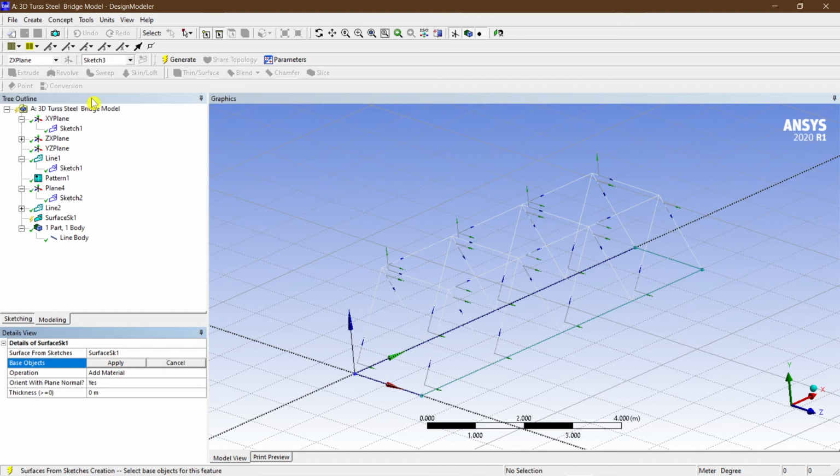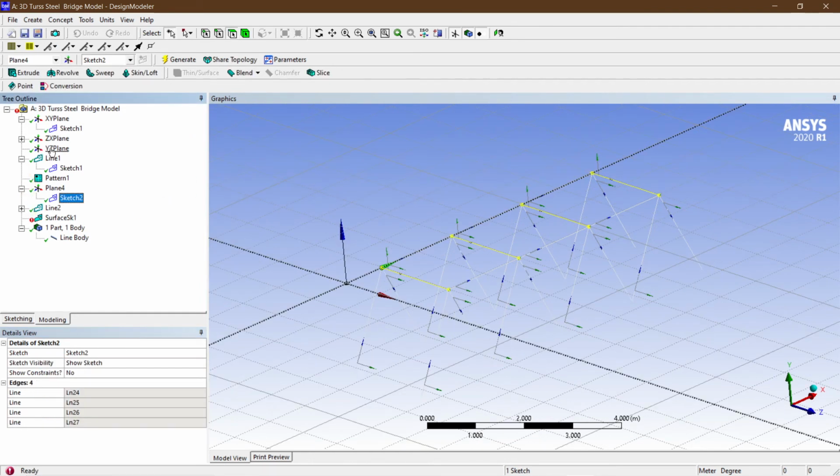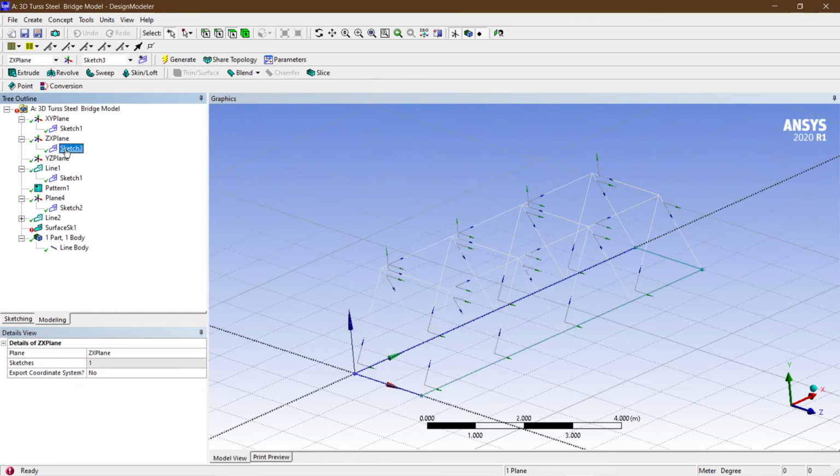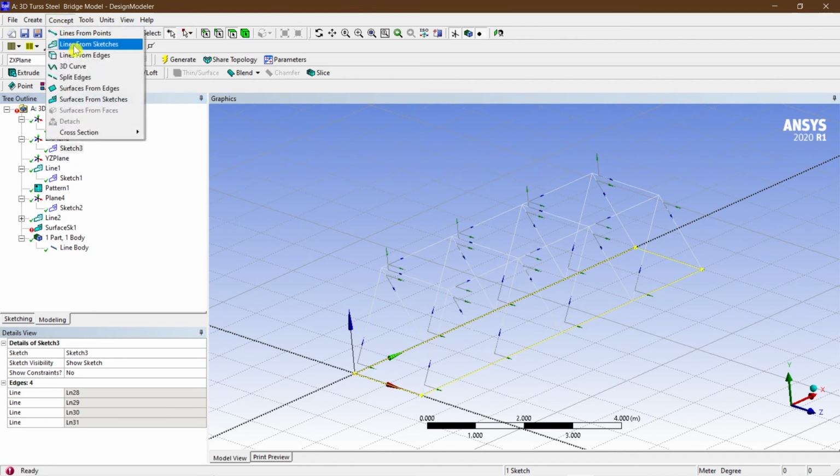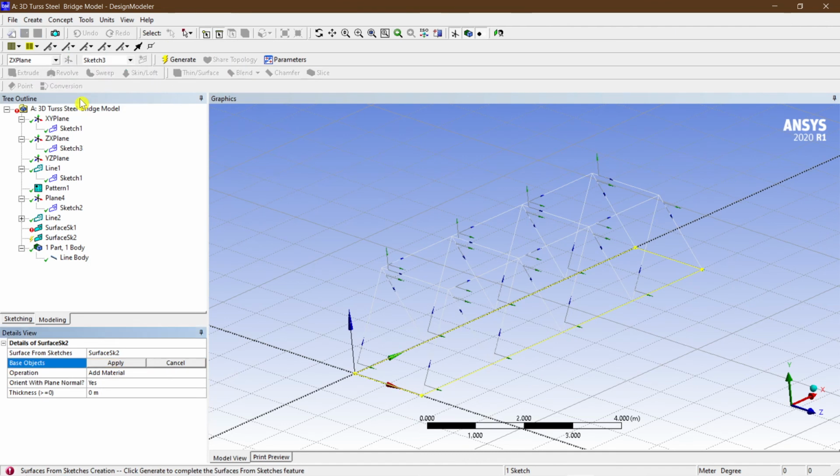Then you have to select the sketch. This is the sketch, sorry my dear friends. You have to select the sketch, and then go for concept surfaces from sketches. Without selecting the sketch, you cannot create a surface from it. Okay, create surface, then we are going to say apply.